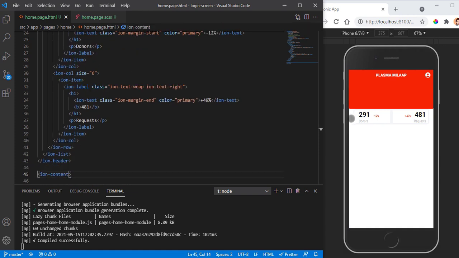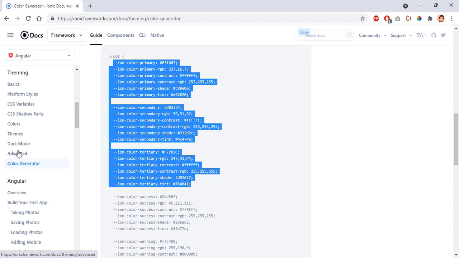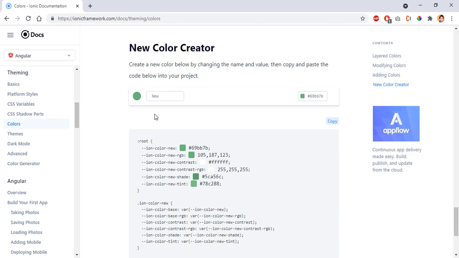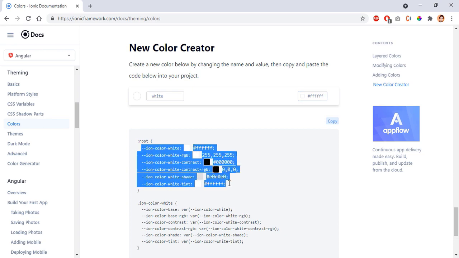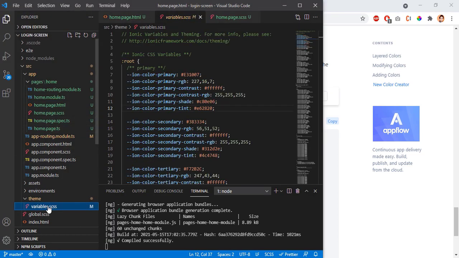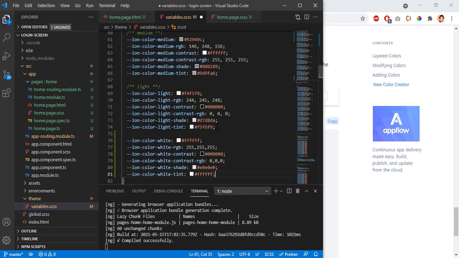Now I need to change the background color to some customized color. So for that, what I'm going to do, I'm going to go to the color section, and out here if I scroll down, there is an option of creating a new color. I'll call it white, and it will be FFF. This is the color which I need. I'll simply copy this up, open my variable.scss, and out here in the root, after the light color, I'm going